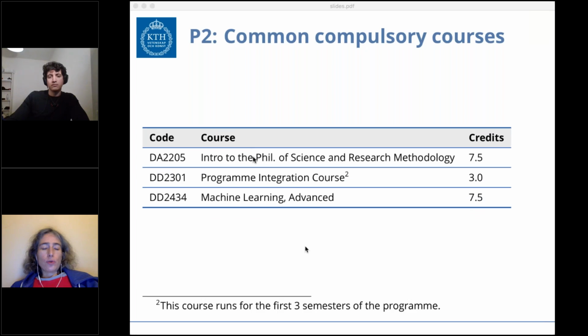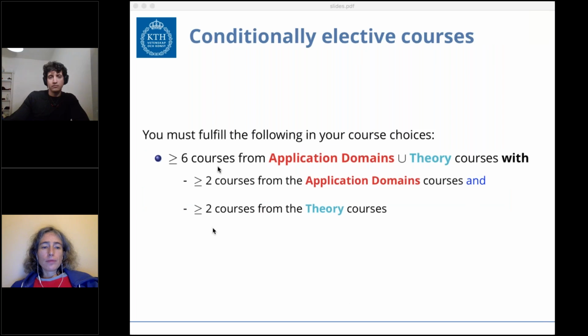Okay, and then in period 2, the other course that you take besides the 2 research methods courses and the ethics course is the machine learning advanced course, and this is quite a technical, mathematical course that moves quite a ways beyond the initial machine learning course. Okay. Then when you finish these common compulsory courses, the next thing is that you have to fulfill your conditionally